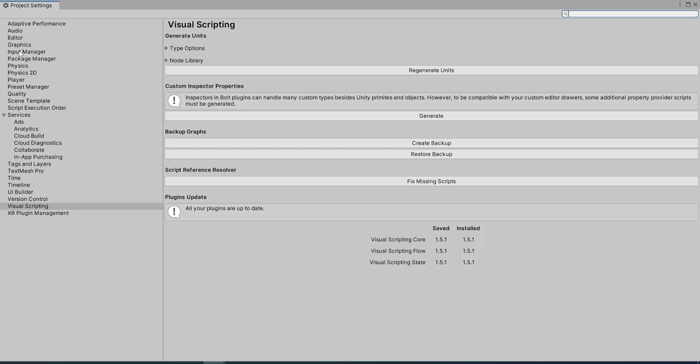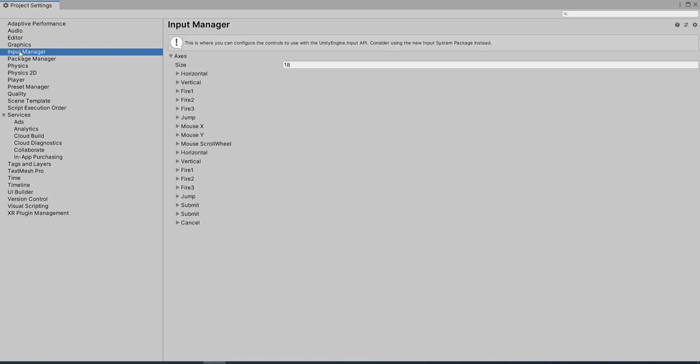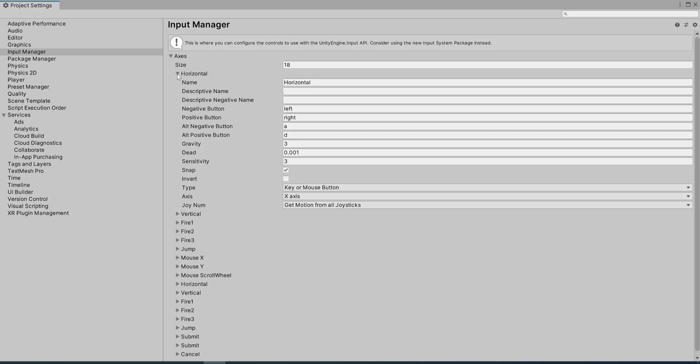From this dialog box, in the Input Manager, select this Horizontal or expand this Horizontal tab. Now in the Horizontal tab, the navigation buttons which are mapped with it: you can use the keyboard left key and the right key, or the alternate keys are A and D keys from the keyboard. It can also accept the input from the joystick and many other different types of